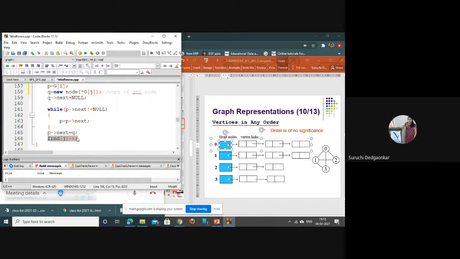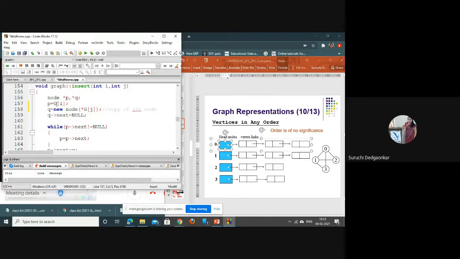Okay, so we are counting that number of friends immediately. We are incrementing the count of number of friends as soon as we add. Here it should be friend of I, because we are adding J in the list of I. So we are incrementing the friend count of that I. Is it clear what we have done?